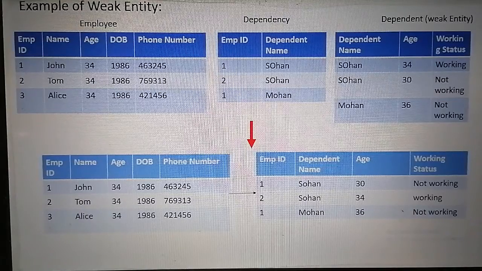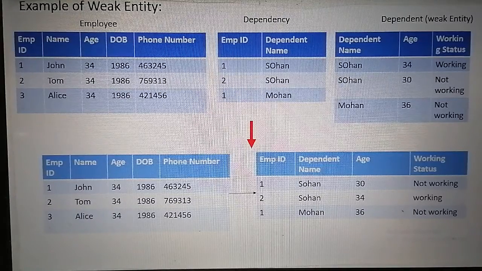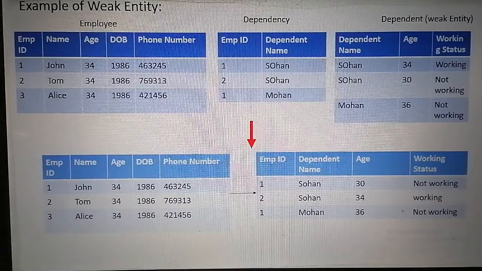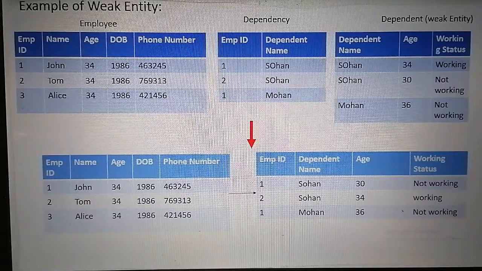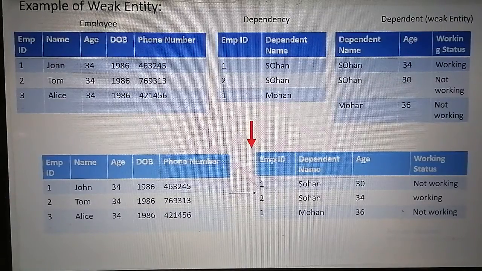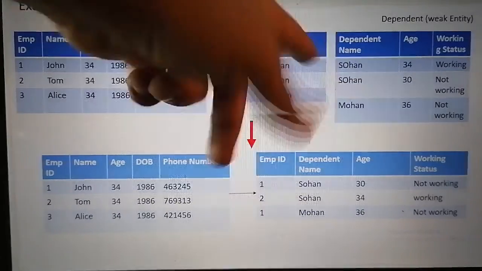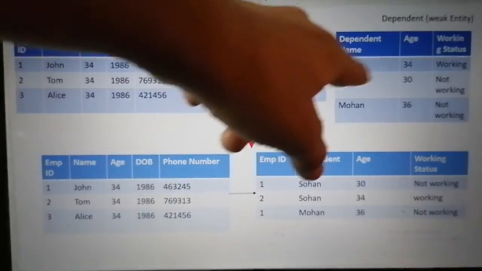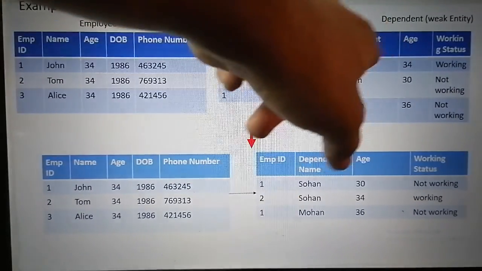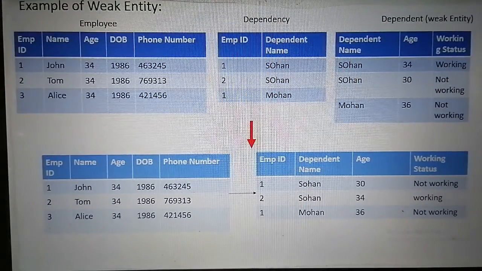we cannot identify which employee Sohan 34 is dependent on, and which employee Sohan 30 is dependent on. So we cannot map the dependent in that relationship. That is why we need to merge both tables, the weak relationship with the weak entity.